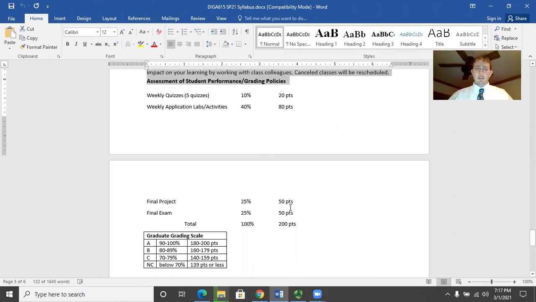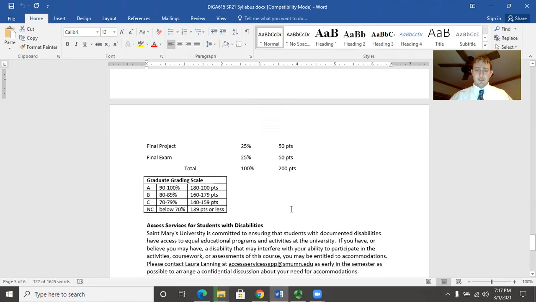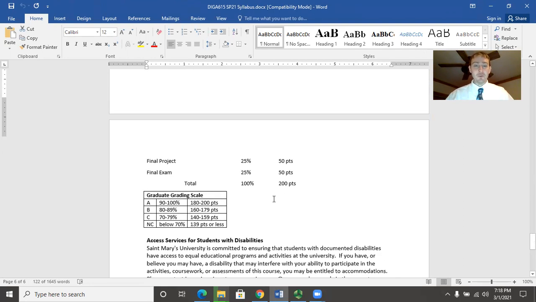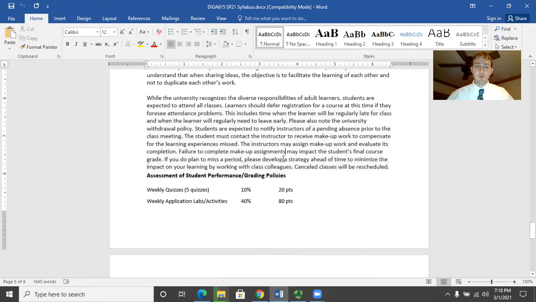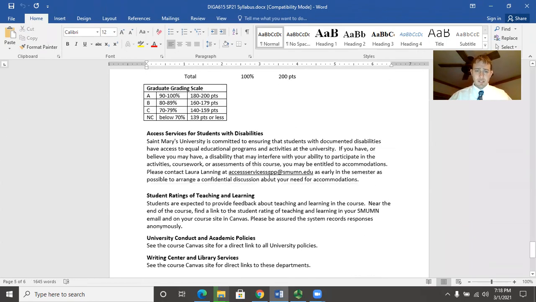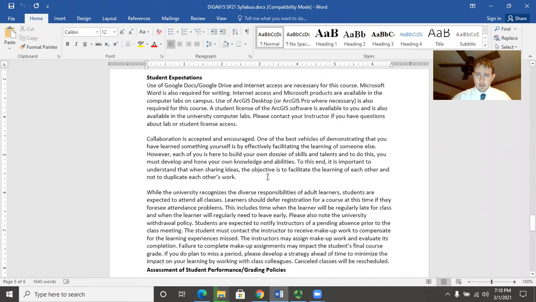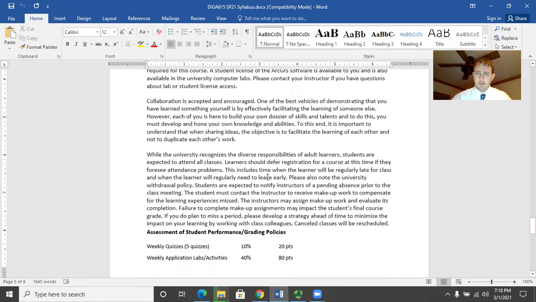So a breakdown of the overall grading performance and grading policies are provided. They all should be listed there for you, the grading scale as well. So grades will come. I want to definitely encourage you to create and not be penalized for something that you may deem as a failure. I look at these things as, quite honestly, creative opportunities. So with that being said, in here, I don't know if I had that listed out, but I do definitely recommend